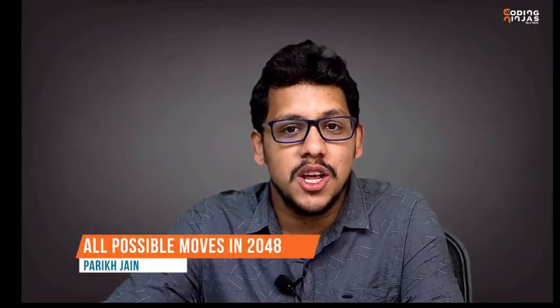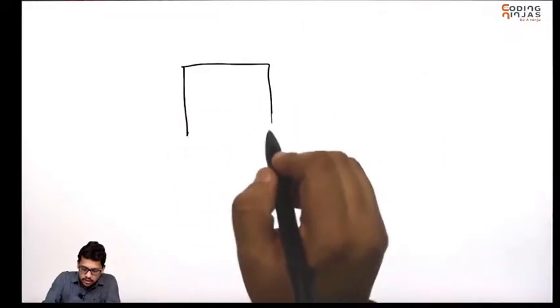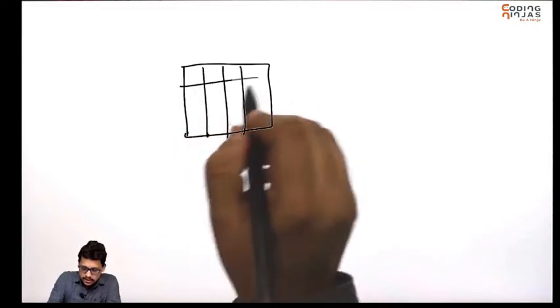Hi, so in this session I am going to discuss every movement which is possible in 2048. There are four movements: left, right, up and down. I'm going to explain that we can generalize all the moves once we know how to make a left move. Okay, so what we had discussed in the left move was like this.